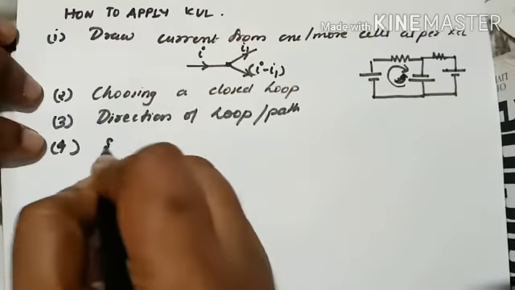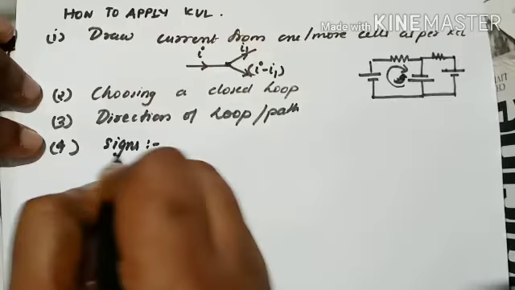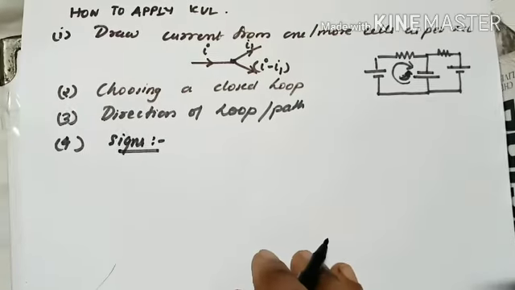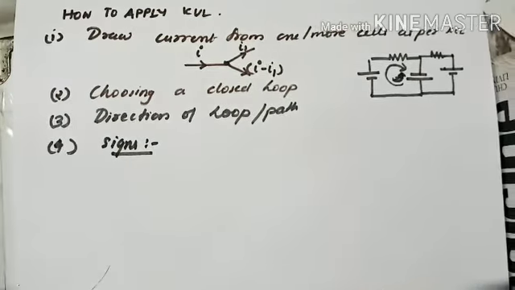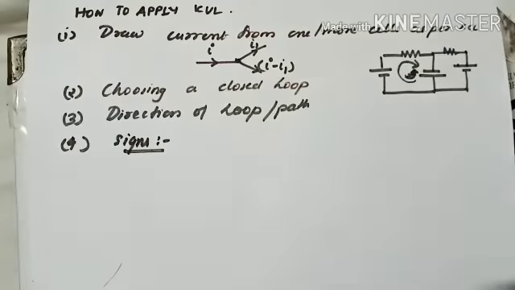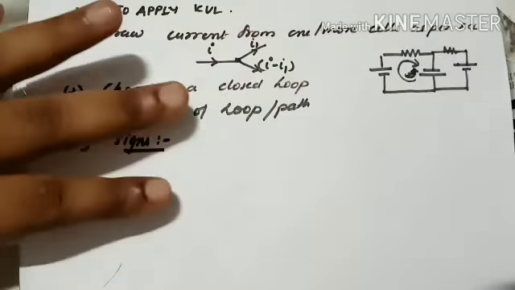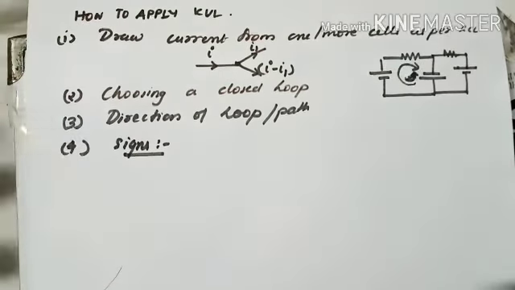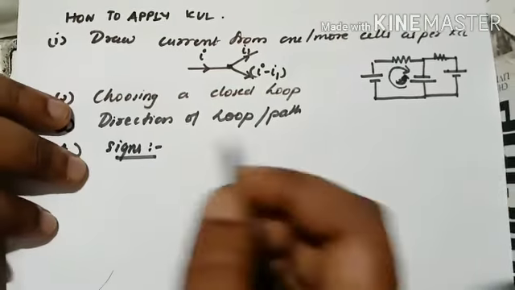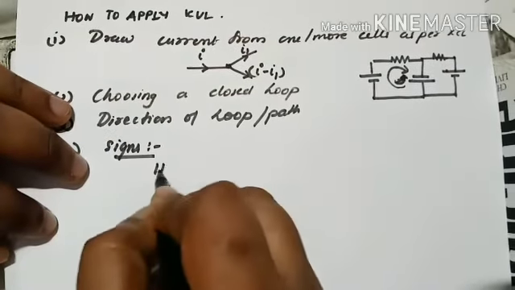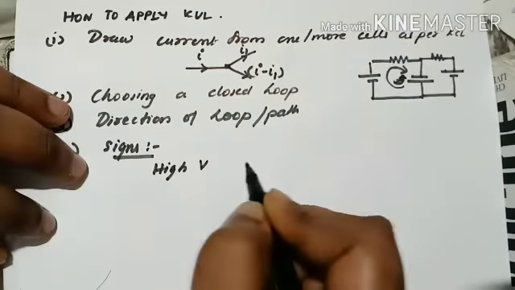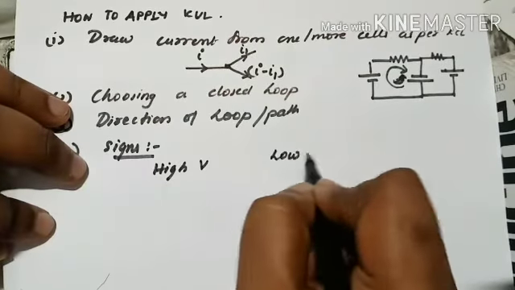You can just write it as signs or sign convention if you want. That is where to put positive and where to put negative. There will be a number of conditions, where to put a plus value and where to put a negative value. All these conditions are very, very important. So you have to understand sign convention while doing a circuit. This much clear? Now we are going to take a universal condition here, guys: that is high potential and low potential.